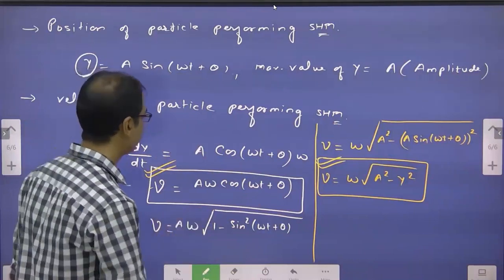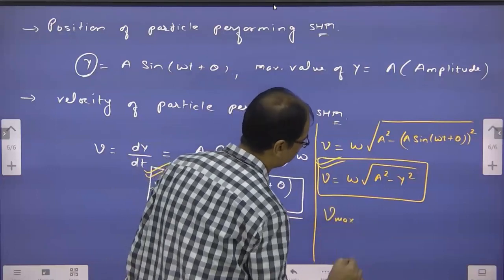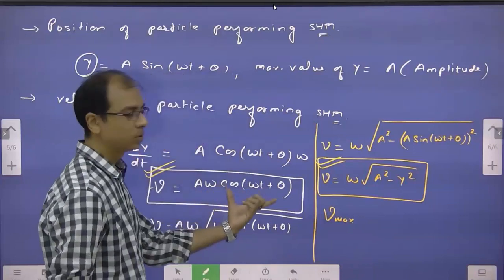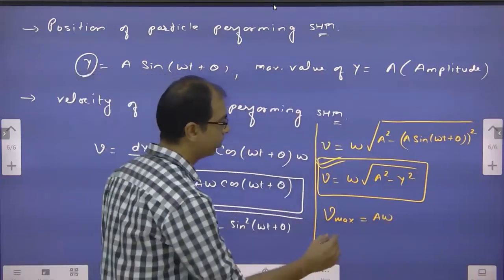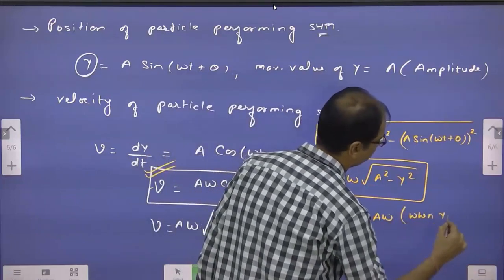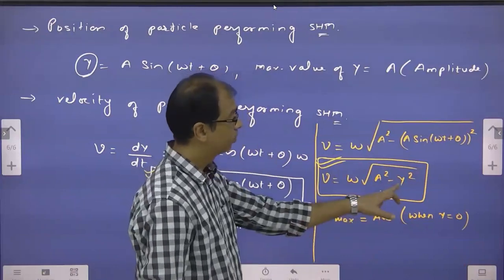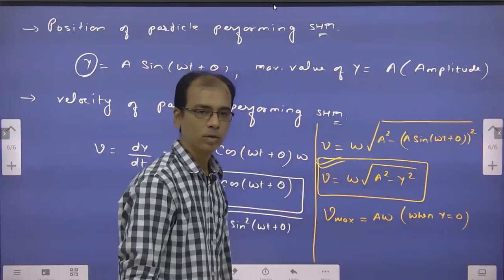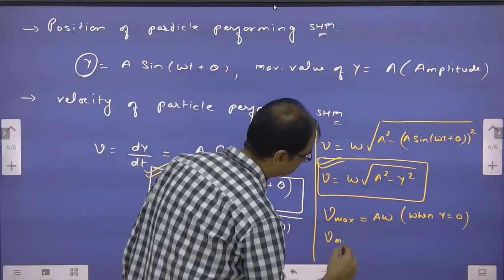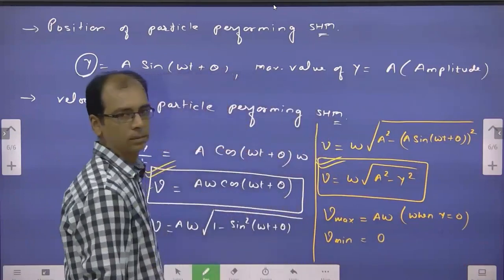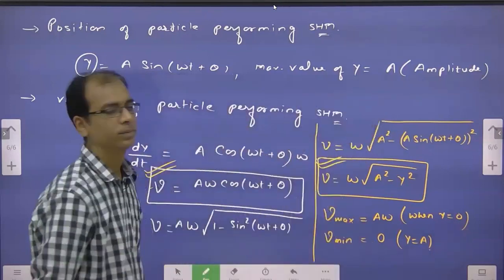That we will see. But right now, what is the velocity maximum? v is maximum when this becomes 1, and its value is a omega. And when is v maximum? When y is 0. You can see, when y is 0, then only it will become a omega. And when y is a, if you put a over here, it becomes 0. So v maximum is a omega, and v minimum is 0, when y is equal to a. And v maximum is when y equal to 0. Note that